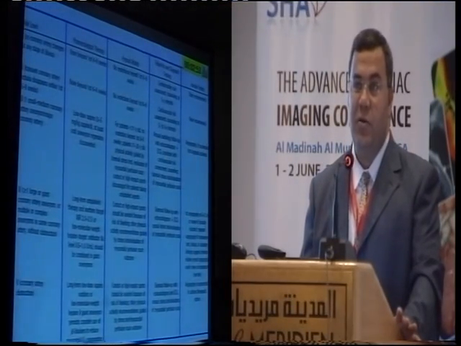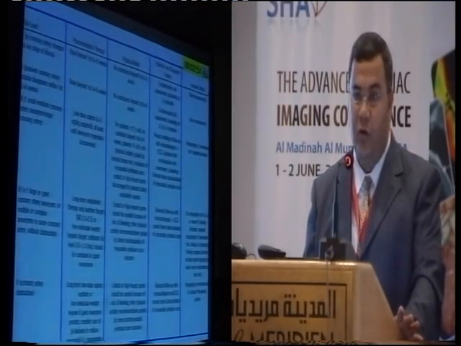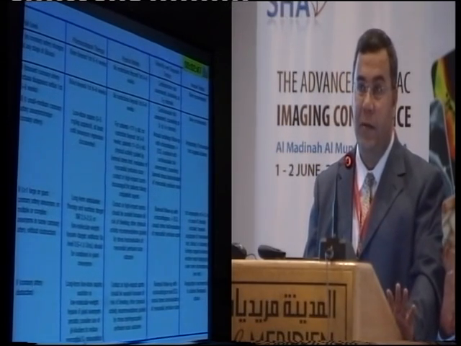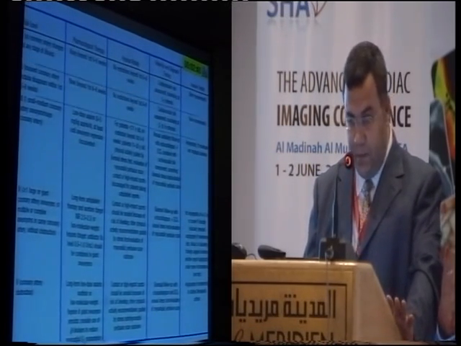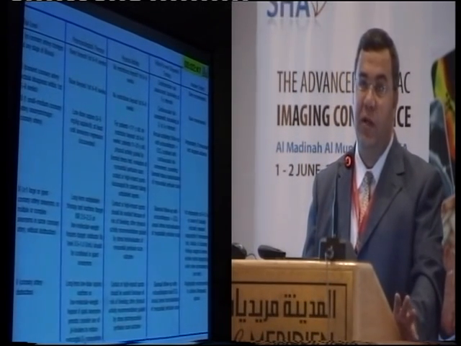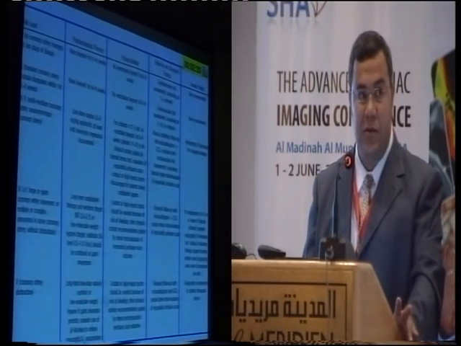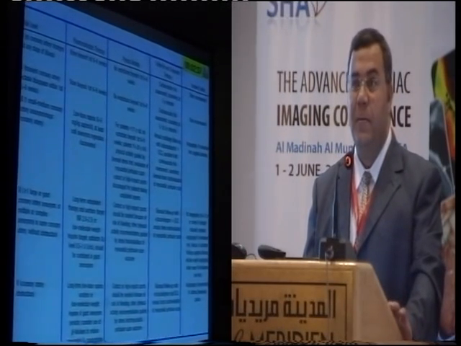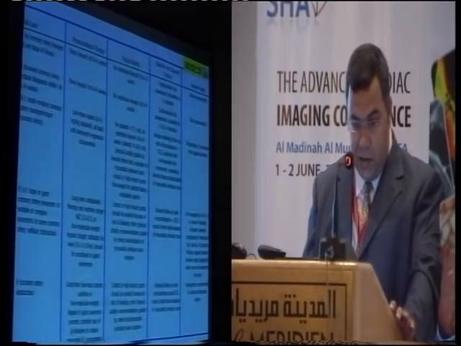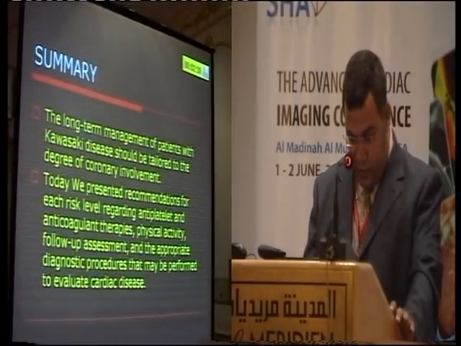A patient with Kawasaki disease needs long-term follow-up, even if they have no coronary artery lesion at the beginning. If they have no coronary artery lesion at the beginning, we follow up every 5 years. If they have coronary artery lesion and then disappeared, every 3 to 5 years, there are risk stratifications,